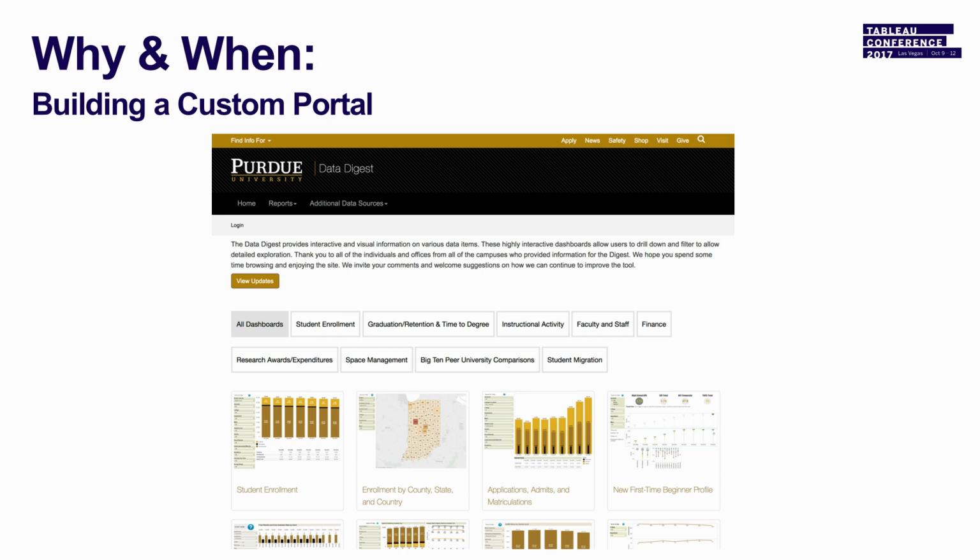But it's very important for external use cases to have these simplified portals where you can maintain your branding and your look and feel of your organization as you provide insight to your partners and your customers. This kind of external use case, again, is exploding as a way for people to find additional value. One large